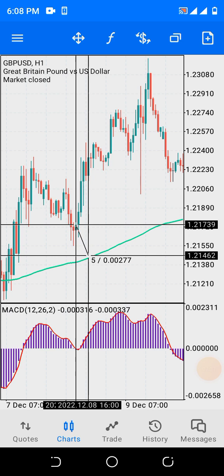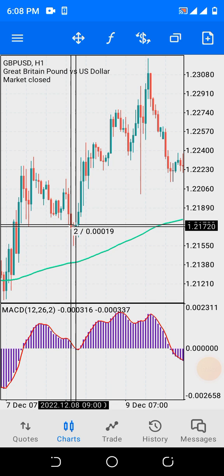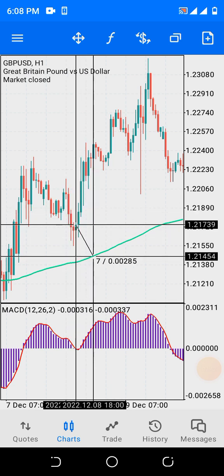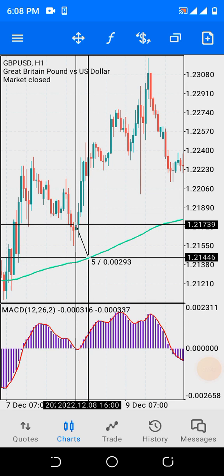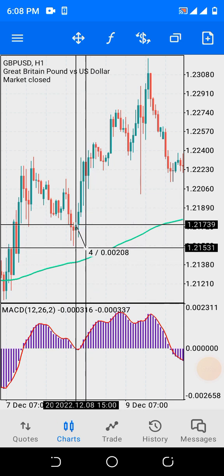Now here you can make use of a 1:4 risk to reward ratio. Do you understand? So from here should be your entry, and here should be your stop loss. The moving average should be your stop loss. Now your profit should be